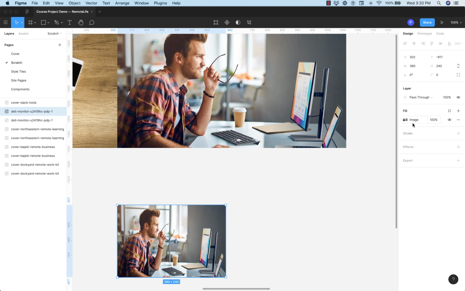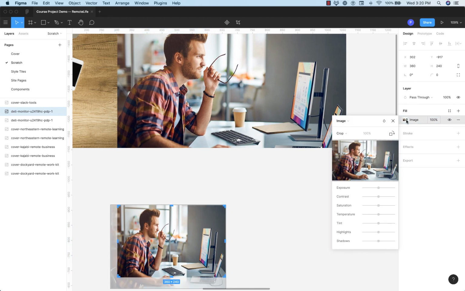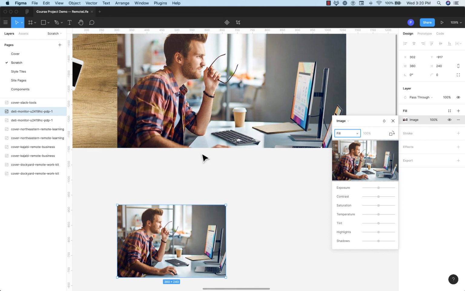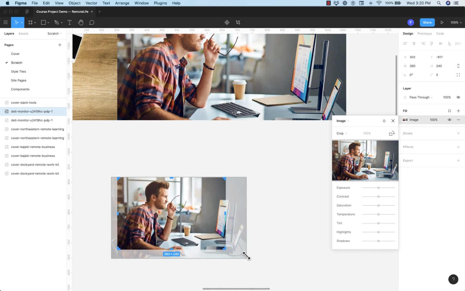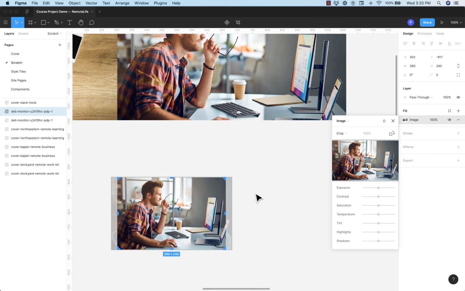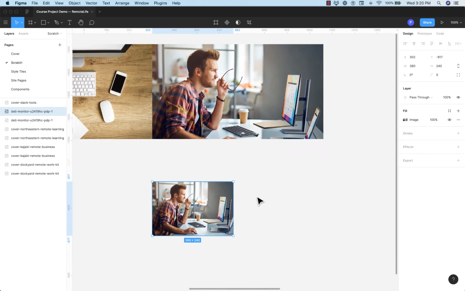So I'm going to click on this again, and I'm going to revert it back to where it's filling so that it's doing so at the same aspect ratio, okay? So as it's filling, it's actually looking just fine to me at that size. So I think I'm going to leave it like this, but bear in mind that if you did want to adjust it, you can now switch to crop and go in here and continue to edit the way that it's sitting inside of that frame. Okay. All right, so that's given us